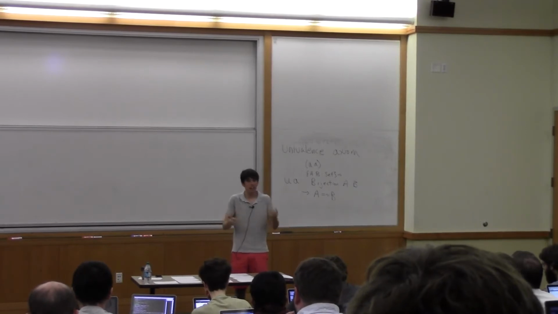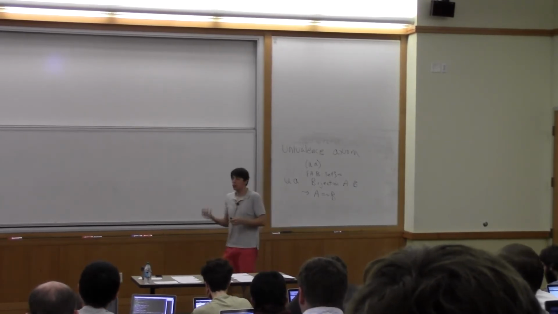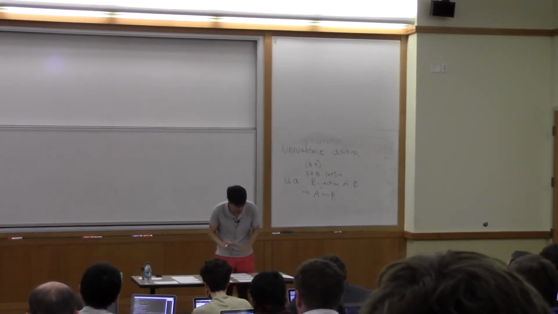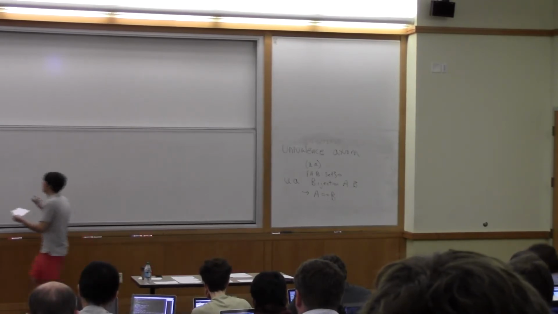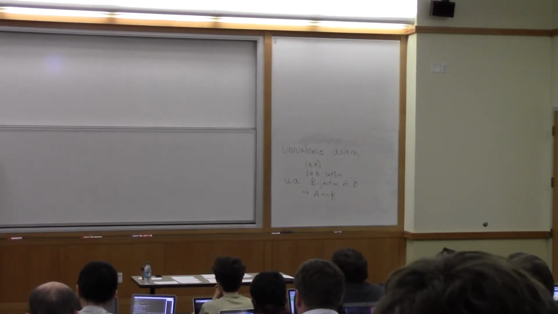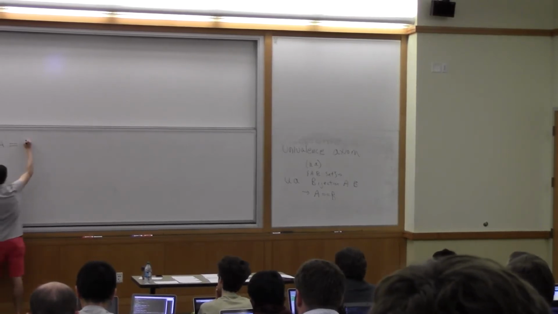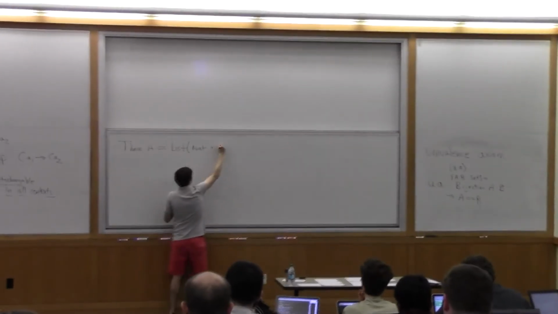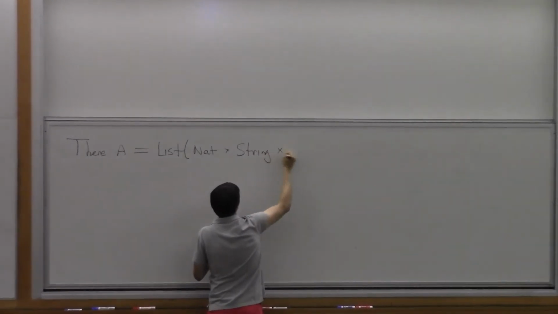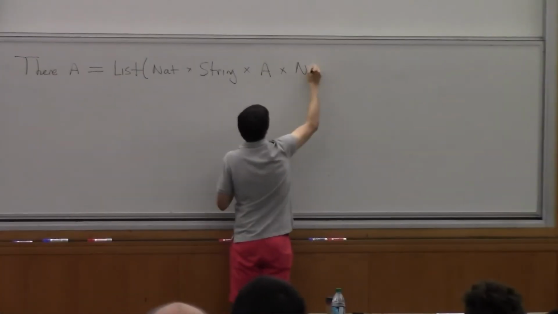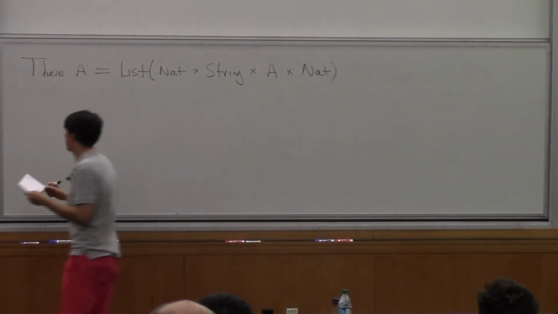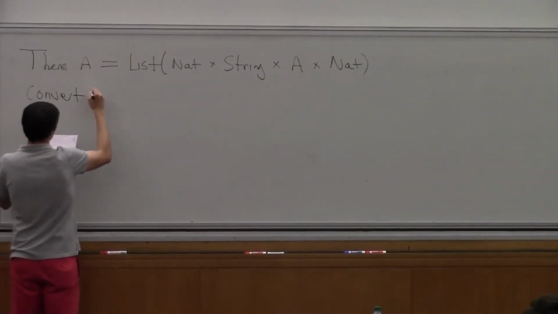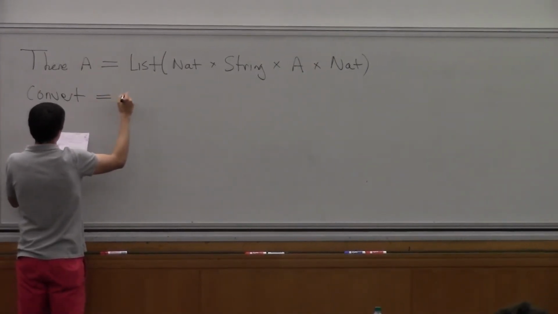Okay? And out of that, you get some generic programs, some principles that you get to program with. So let's do an example. Let's do the convert example. So remember that there of A was defined to be list of nat cross string cross A cross nat, and convert, which took a database to a database, was defined to be